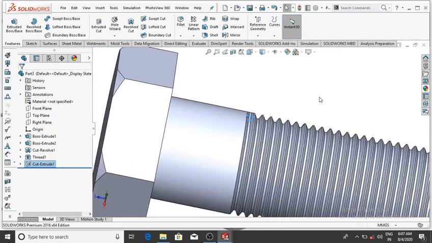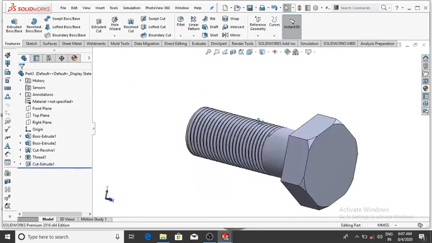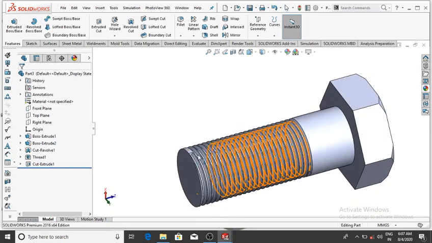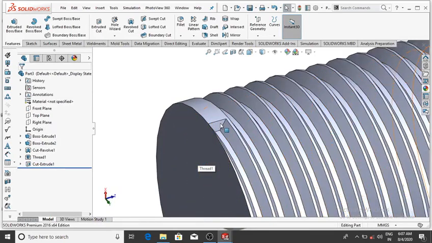Now again this face, make this face to extrude cut. So simply select this face and select the right click.